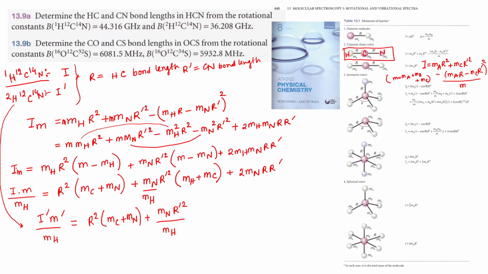So now this is also different, mh dash, plus mc, plus 2mn r. Did you get what I have done? I have just similarly written it